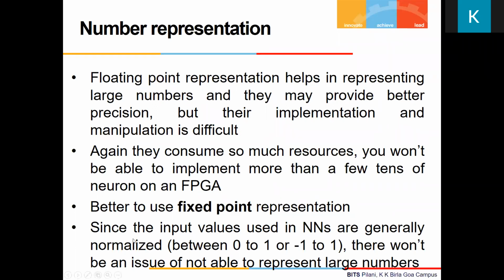Again, the last point is not always true, but true in many cases. Usually when you feed an input to the neural net, you will normalize the input. That means the input will be represented between 0 to 1. As I mentioned, if it is always positive, you scale it between 0 to 1. Or if negative numbers are also required, we will scale it between -1 to 1. That's the kind of input going in. So what happens is, in many cases, you don't have to represent very large numbers. You have to represent very small numbers.